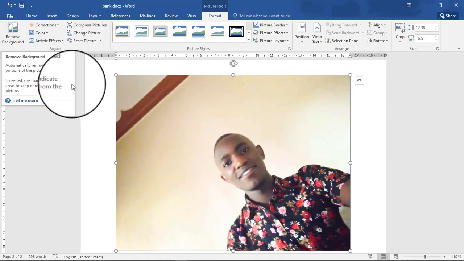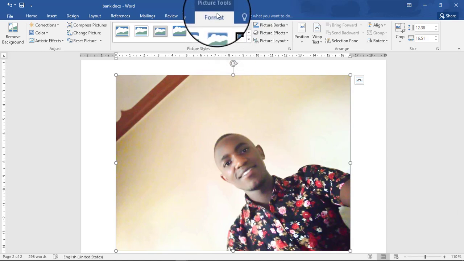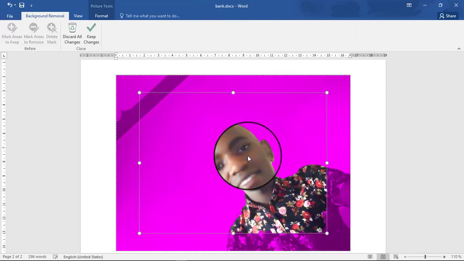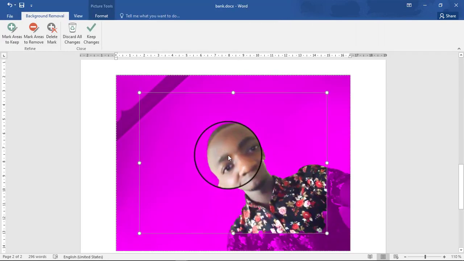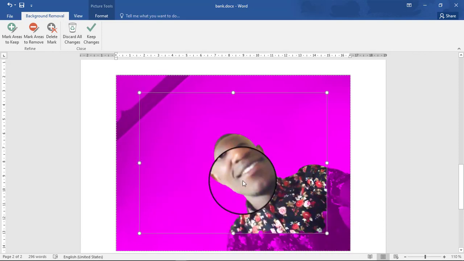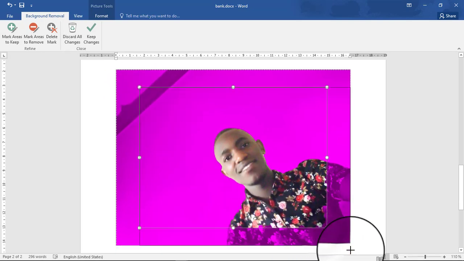You move to format. After placing that image, you go to format, then you go to remove background. It may do it by default automatically. So if you want to, you adjust using this one where you want to change that background. You adjust. I want all of it.